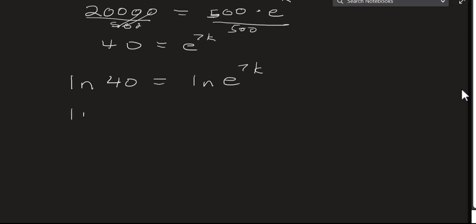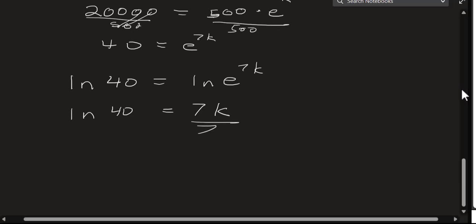The natural log of 40 equals the natural log of e to the something. What is that something? The natural log and the exponential function are inverse functions. They cancel each other out. So that's 7k. Divide both sides by 7. The natural log of 40 divided by 7 is